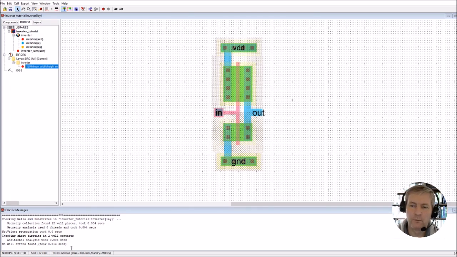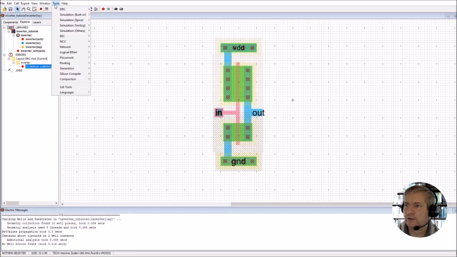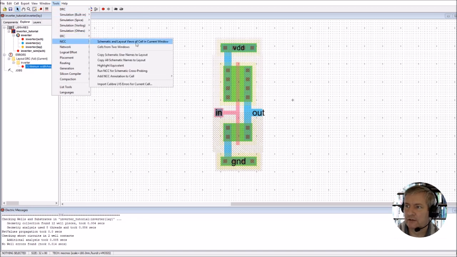That is, the N well and the P well are connected together and they're butted up against one another. Now there's another one we can check here, which is in effect the layout versus schematic. It's called NCC, so that's schematic and layout view, cells and current window. So if you click on that one there,